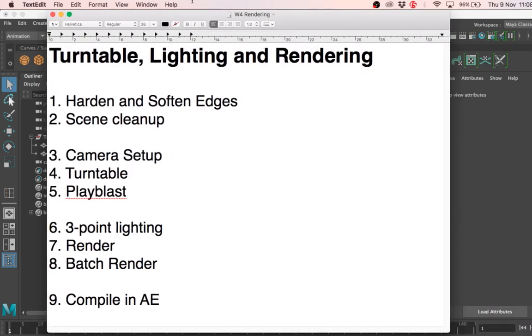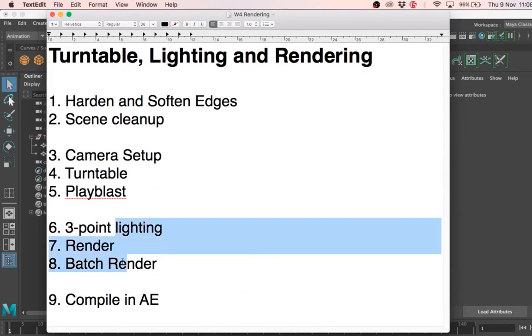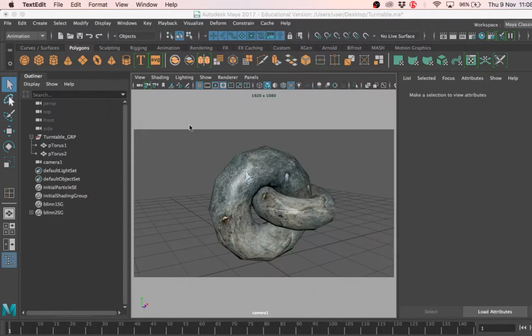For the rest of this lesson, the goal is basically to light it up and take it up into After Effects to compile into our final movie. I won't be talking too much about AE. Once again, these are all external programs that deserve a whole class or module on their own. To have just one hour for me to cover AE is crazy. So I'm just going to deal with the bare minimum of how to put together a video,